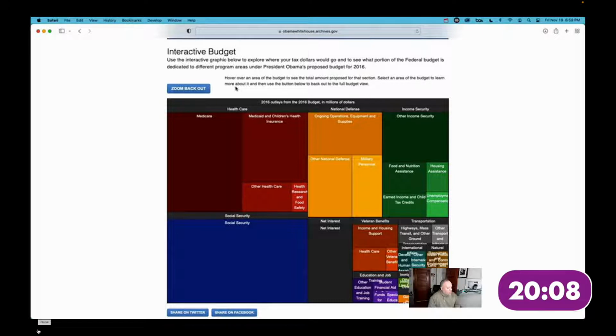This shows some major categories such as healthcare, national defense, income security, and social security. We can see from looking at this chart that the largest category of expense here is healthcare. Inside the healthcare box, we can see smaller red boxes that show the components of the healthcare expenditures. It looks Okay. like half the money we spend on healthcare is for Medicare, and most of the rest is for Medicaid. A heat map like this one makes it easier to explore a data set and understand the relationships